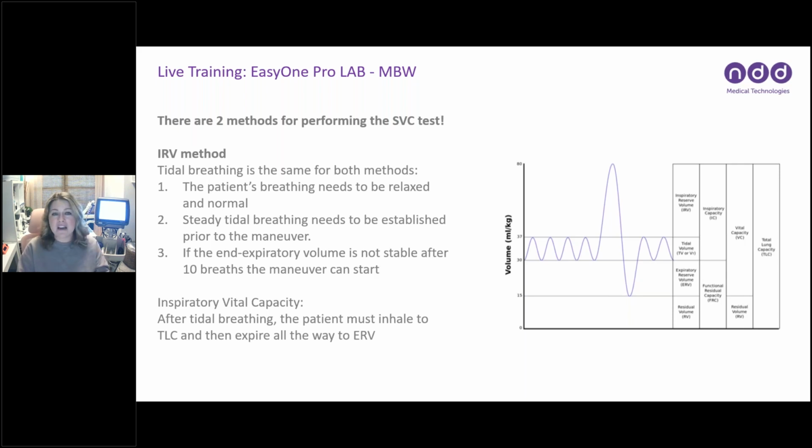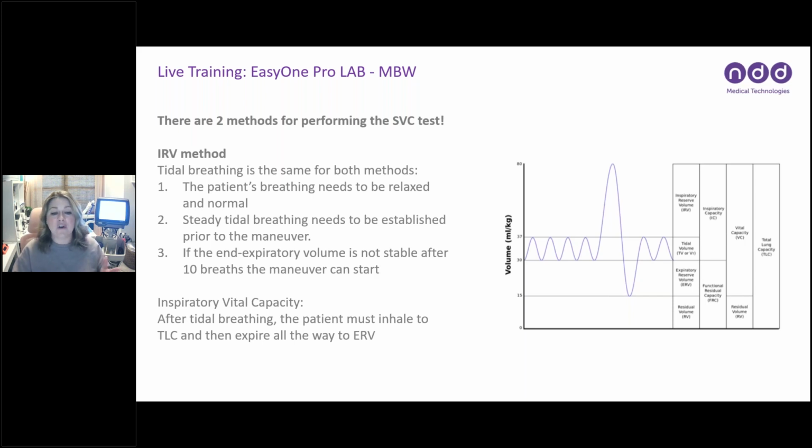If we have not accomplished that steady tidal breathing after 10 breaths, the device is going to go ahead and have us start the maneuver. So just as a reminder, your SVC test might have you regularly breathe longer than you were used to with the old 2005 standards. With the IRV, or the inspiratory vital capacity maneuver or method, after tidal breathing,